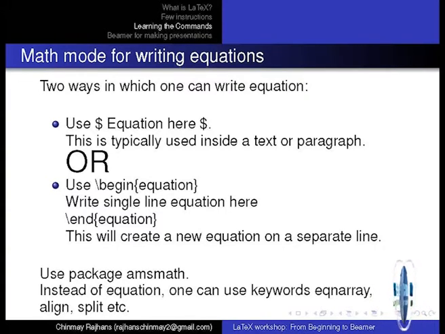Anything in between what you write will be treated as an equation, math mode. It will activate math mode in that time. In between the $2, something should be written. You cannot have an empty math mode. Or the alternate way is you put begin equation and end equation. In between you write your equation, and equation only supports a single line equation. So no empty lines when you are using begin equation and end equation. Make sure everything you are writing is on a single line, because this is only for a single line equation.